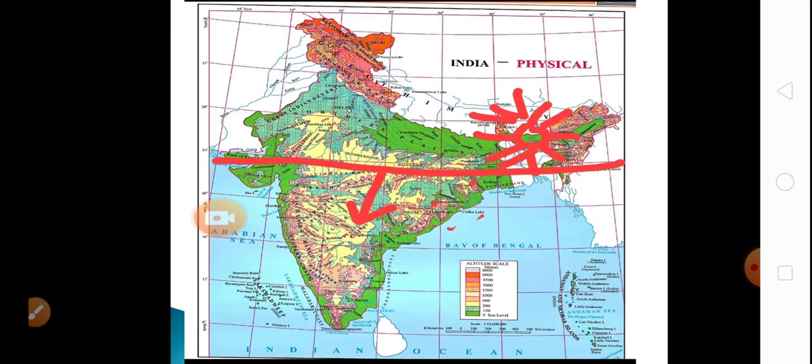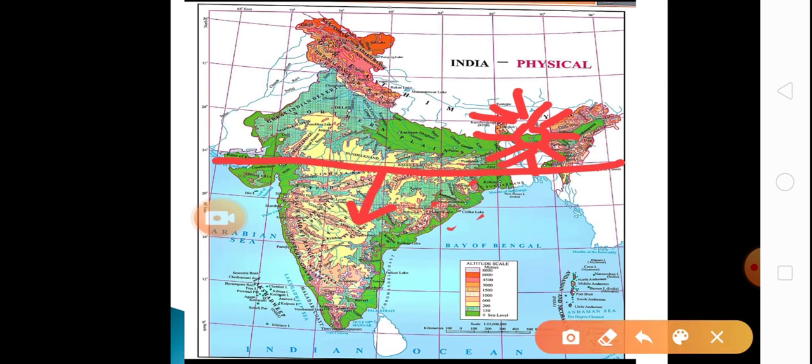The geographical explanation of India's climate. You all must be knowing India has the monsoon type of climate. Whatever rains are there in India, they are coming from the monsoon winds. Now, as you all know, the Tropic of Cancer passes through India from the center. So, you can see the temperature is high over here. The temperature becomes high mainly in the southern direction.